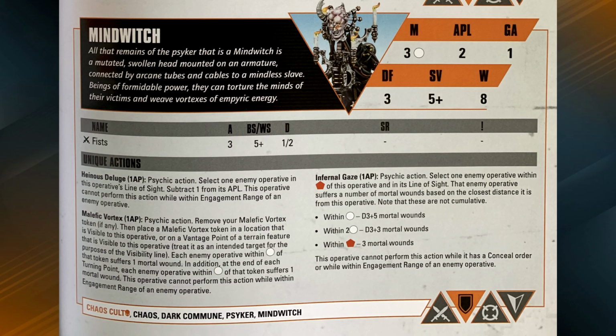And then there's Infernal Gaze. Select 1 enemy operative within 6 inches of this operative and in its line of sight. That enemy operative suffers a number of mortal wounds based on the closest distance it is from this operative, and these are not cumulative. So if you're within 2 inches, D3 plus 5 mortal wounds. Woof. If you're within 4 inches, D3 plus 3 mortal wounds. And if you're within just 6 inches, more than 4 inches, 3 mortal wounds flat. So you can't do it while you have a conceal order, so you have to expose yourself a little. Okay. I mean, getting within 2 and popping a potential...